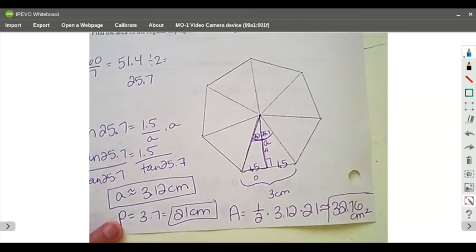All right, so that's that one. So I did 2 examples where you had to find the apothem, one where you had to find the side. They're all pretty similar to this, so just let me know if you have questions, or you can come to